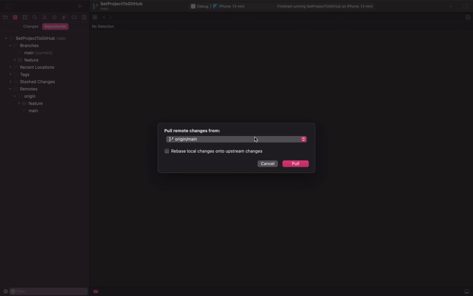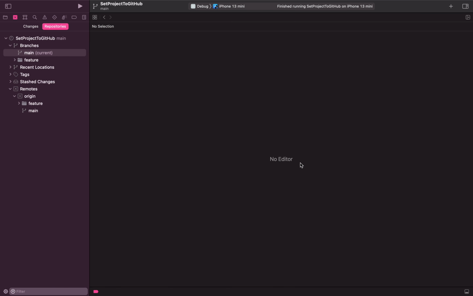We are pulling from the main branch, and we are obviously on the main branch, so let's click on pull. Nothing has changed in the remote branch that is not there in our local main branch, so our main branch is already up to date with the remote branch.